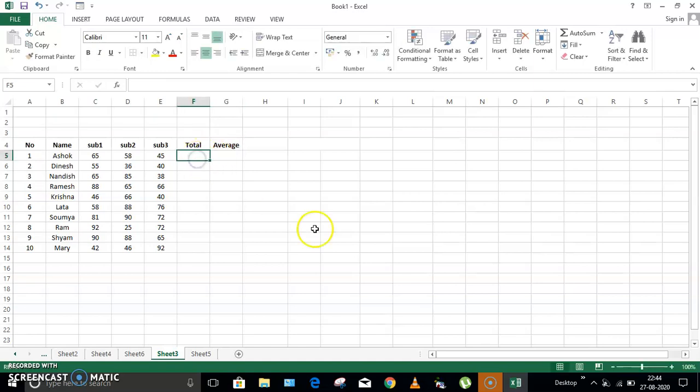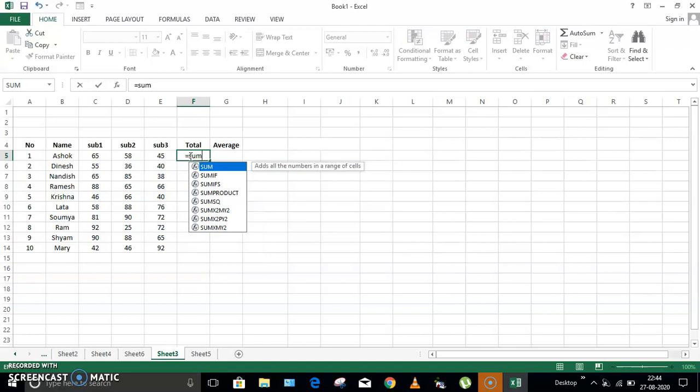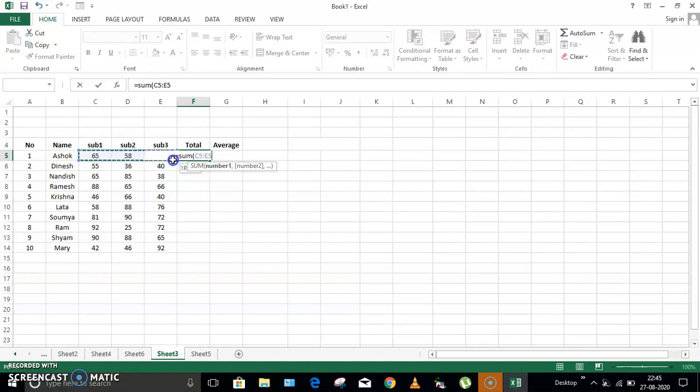Okay, so in this cell I wanted to find the total of all the three subject data which I have already typed and kept. Okay, so here as I've told you, whenever you are writing the formula, do remember to use equal to symbol. I'll write equal to, then I'll write sum. After doing this, you just give the left bracket, and here you are going to give the range. Like individually you can select the cells, put the plus symbol and do it, or else what you have to do is you just select the range.